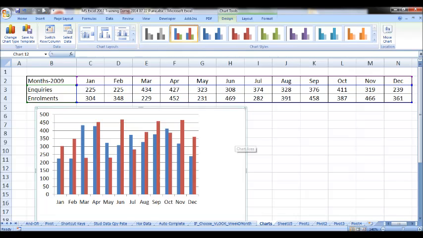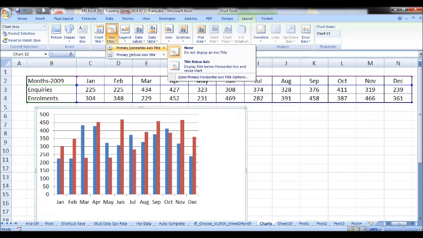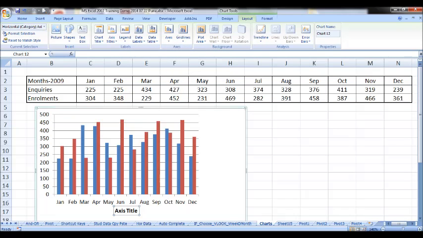Now we want to assign axis labels, so it is a part of layout. So select layout. Now I want to assign axis titles. For horizontal axis I want it below the axis.